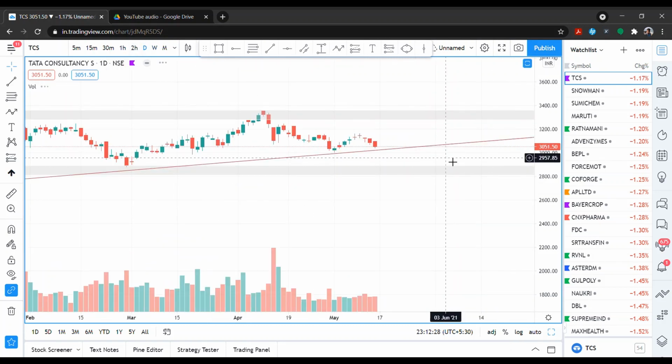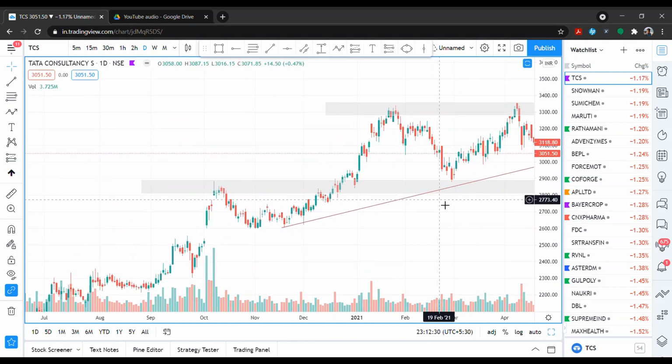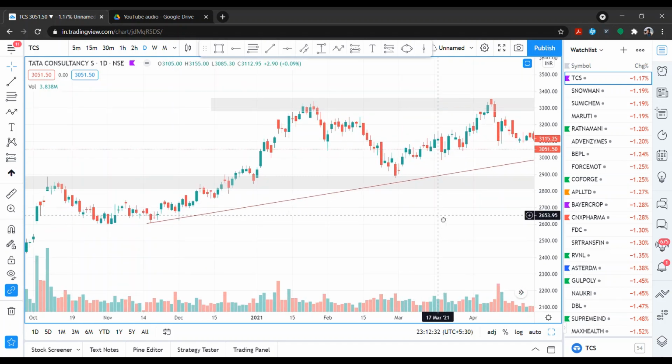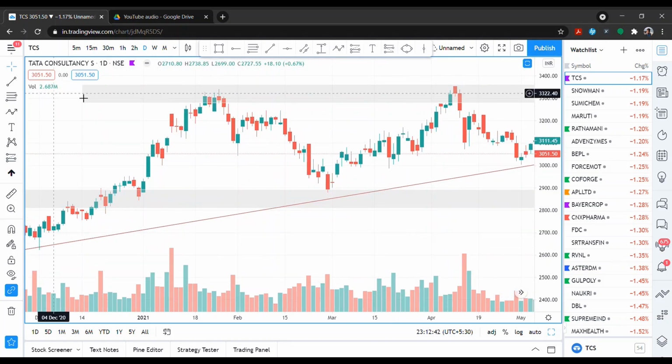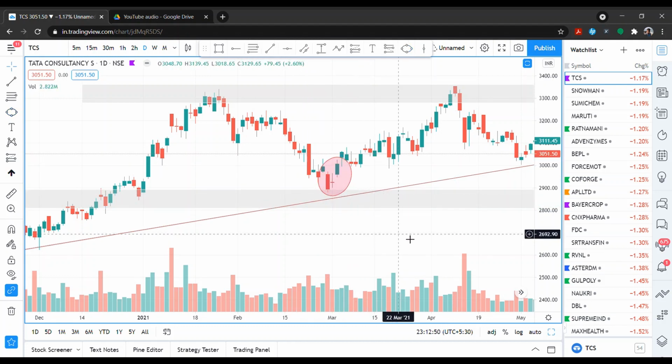If you see the daily time frame, you can see that the price actually came and tested these levels. From these levels, the price has moved up. If you are a trader who looks at candlestick patterns, we have a nice little harami pattern here. A harami is a pattern where